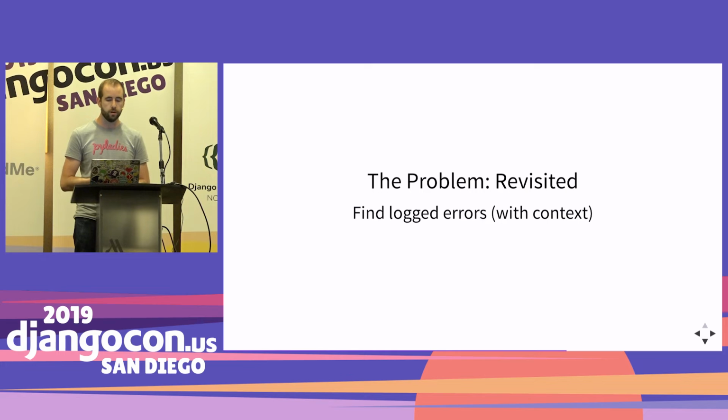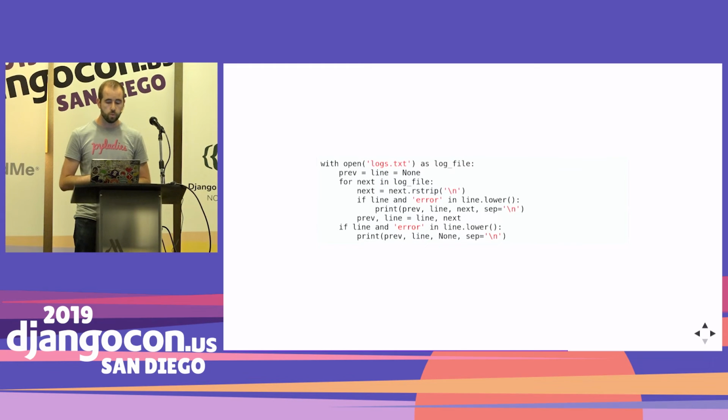All right, so we're going to finally revisit that problem code that we saw earlier. We were trying to find errors in a log file, but we also wanted to print out the line just before the error and the line just after the error. This is what we started with,